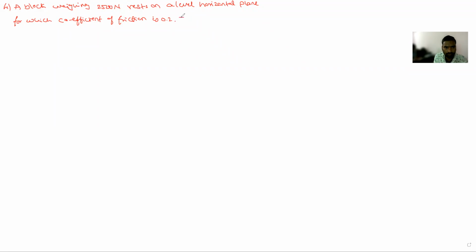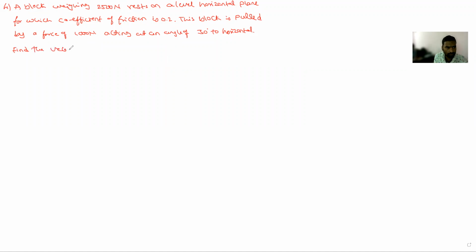This block is pulled by a force of 1000 Newton acting at an angle of 30 degree to horizontal. Find the velocity of the block